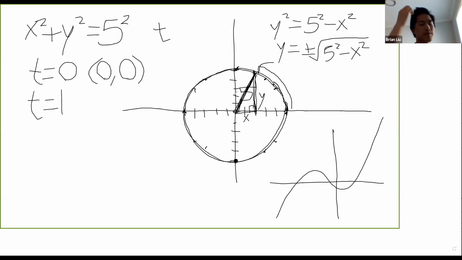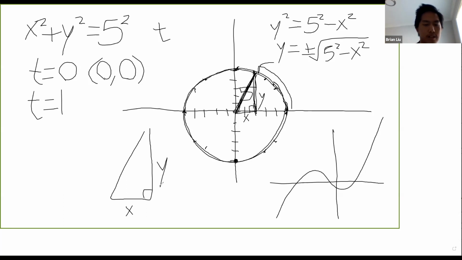Yeah, that's going to be some value of x and y such that x squared plus y squared equals 5 squared. And if we look at the right triangle here, we see that it satisfies, it's a part of this right triangle, right? And one of the things about right triangles is that the legs of the right triangle actually correspond to trigonometric values. So if some of you are new to this concept of trigonometry, basically it's if you